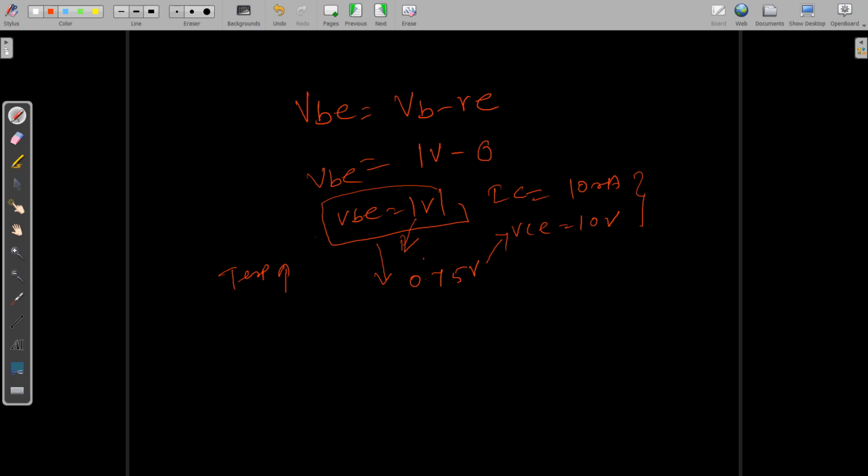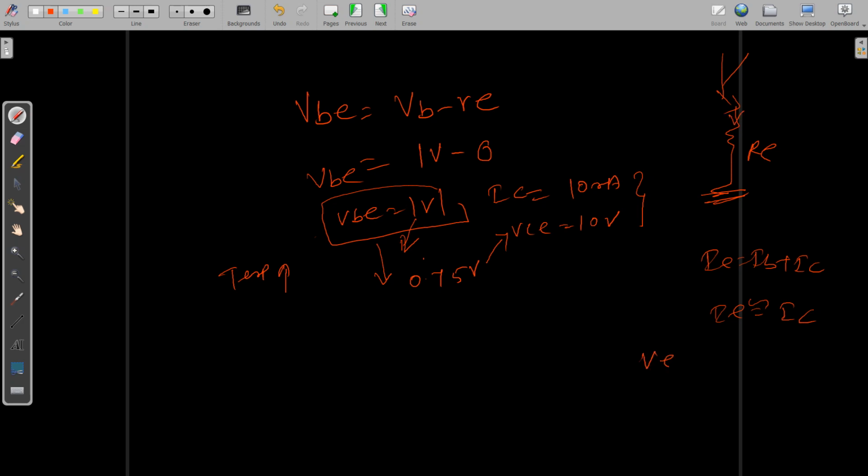That means, in short, I can say whenever this happens, you are going to have a change of the biasing conditions of your transistor. So what I'm going to do is have some resistance across the emitter terminal. This is your transistor, this is the emitter terminal, and this is my ground. Now whenever temperature increases, your IB increases, your IC increases, and we know that IE equals IB plus IC. We know that IB is in microamps, so I can say IE is approximately equal to IC. So whatever changes I am having in IC, the same changes I will be having in my IE.